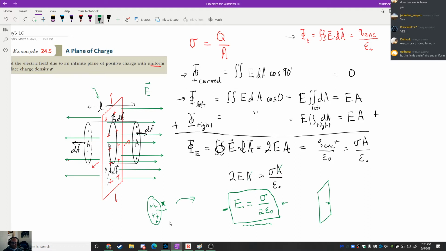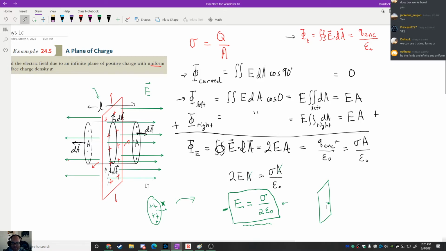All right. So that's the last of the basic Gauss's law examples that you'll see show up in every single textbook. Those are the sphere of charge, the cylinder of charge, or the line of charge, and then the plane of charge, right? Every single textbook. We'll do one more here in a little bit, but first we're going to